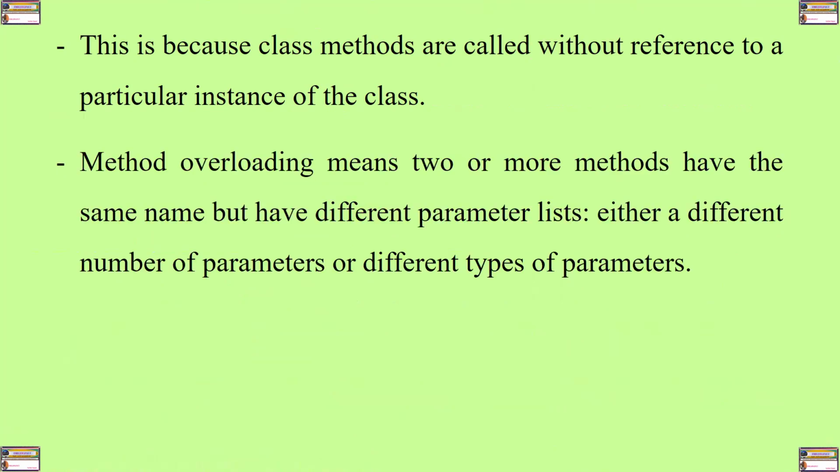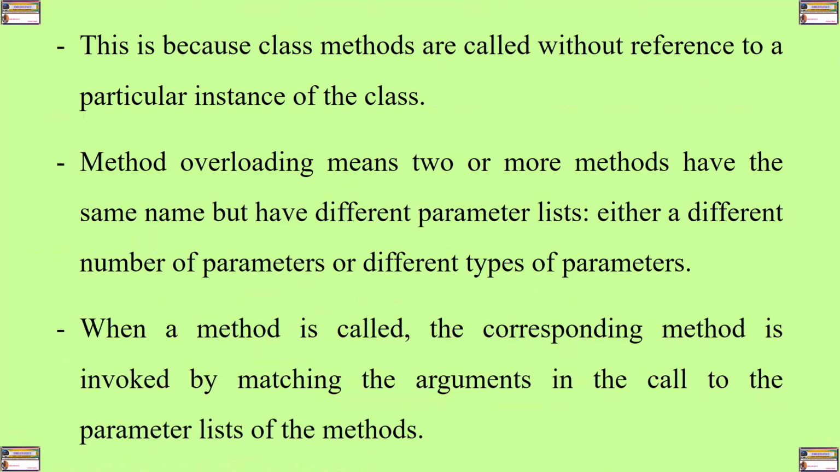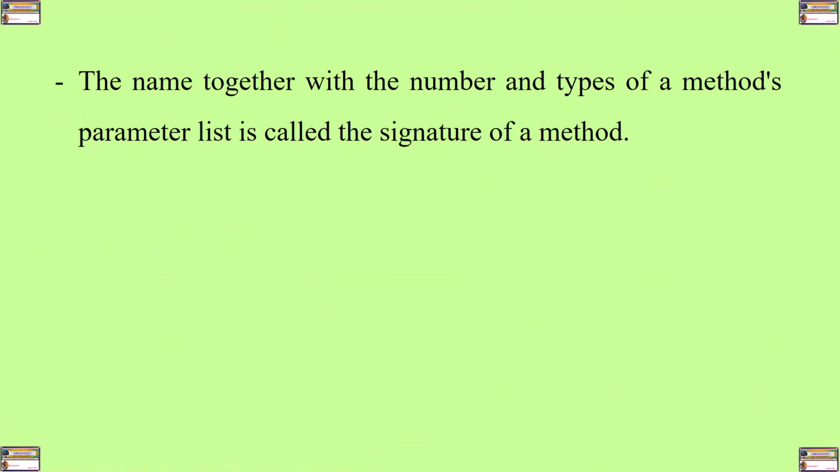Method overloading means that two or more methods have the same name but have different parameter lists, either a different number of parameters or different types of parameters. When a method is called, the corresponding method is invoked by matching the arguments in the call to the parameter lists of the methods. The name together with the number and the types of a method's parameters list is what